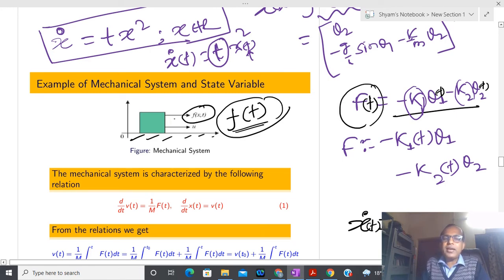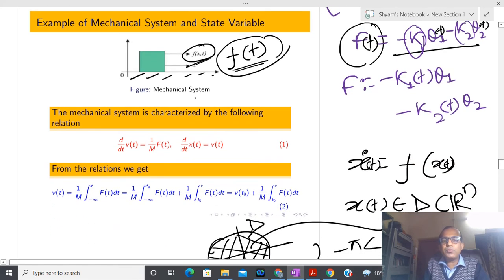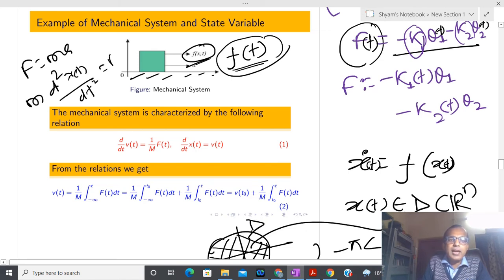Or, in a more explicit way, people write it as a function of x and t in order to distinguish the autonomous and non-autonomous case. So I have a mechanical system, I have applied this force, and once you apply the force, this block starts moving on this real line or some plane. For that situation, I am able to write the mathematical model F equal to ma, where a is d2x(t) by dt square, and that is F(t). So now, I have defined dx by dt as velocity, and dv by dt equal to 1 by m into F.